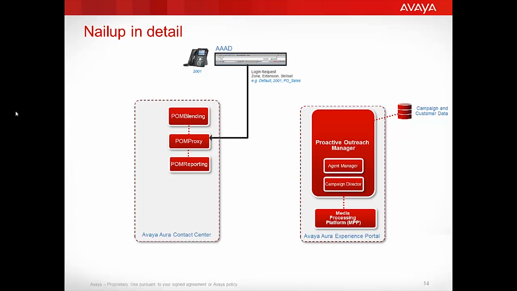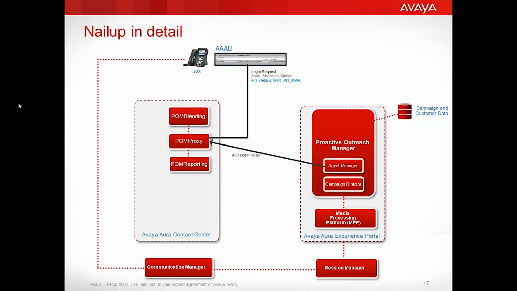The POM proxy service will then use the Agent Manager SDK to execute an AGT logon request. This logon request will contain the same parameters: the zone, the extension, and the initial skill set. Once the Agent Manager ascertains that this is a valid agent from invoking CCMA Web Services to validate the agent credentials, it will then send an AGT logon response back to the proxy. That logon response will indicate success or failure of the logon attempt. If the logon was successful,